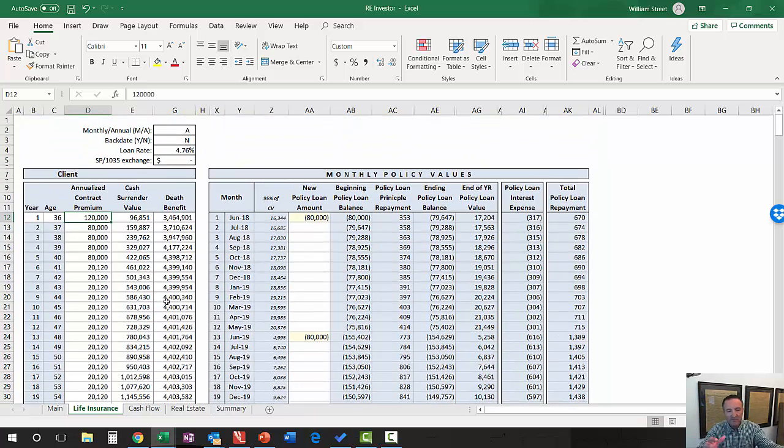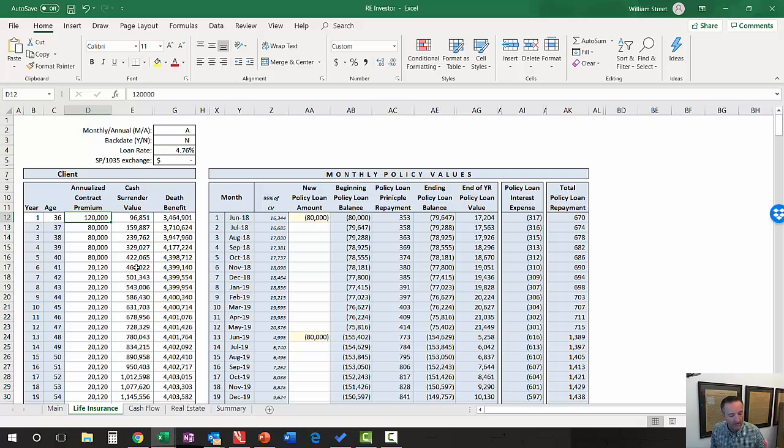Now, that brings in the wealth maximization account, brings in the policy values, the base layer. Now, how do we show that being utilized in real estate investment? Where does that come into play? Well, if you now take a look at this section where you'll see monthly policy values, just maybe a quick bit of context.